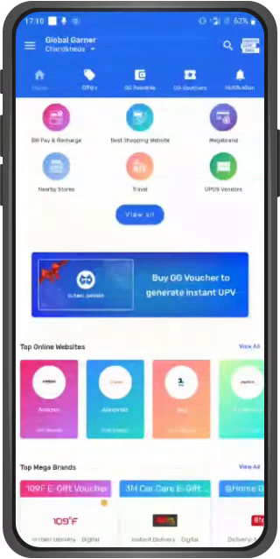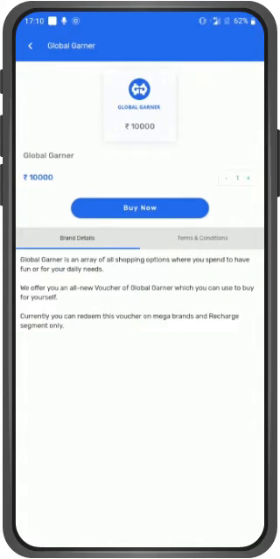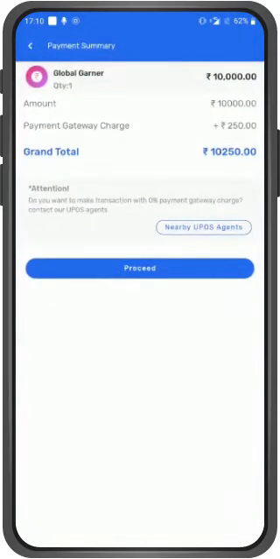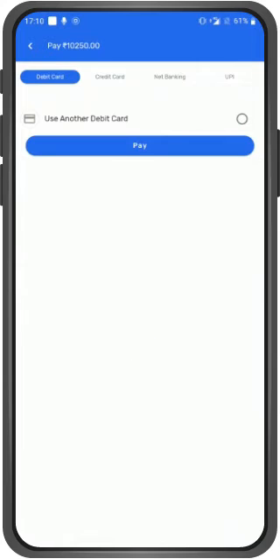We also have an option of GG voucher which gives you the benefit of an instant UPV generation. You can use this voucher in segments like Mega Brand and Bill Pay and Recharge. To purchase this voucher, the user needs to select the quantity and the amount and add the voucher to the cart. And here from the cart, the user can proceed for the further transaction. These are some options of BSW, Mega Brand and local vendor.